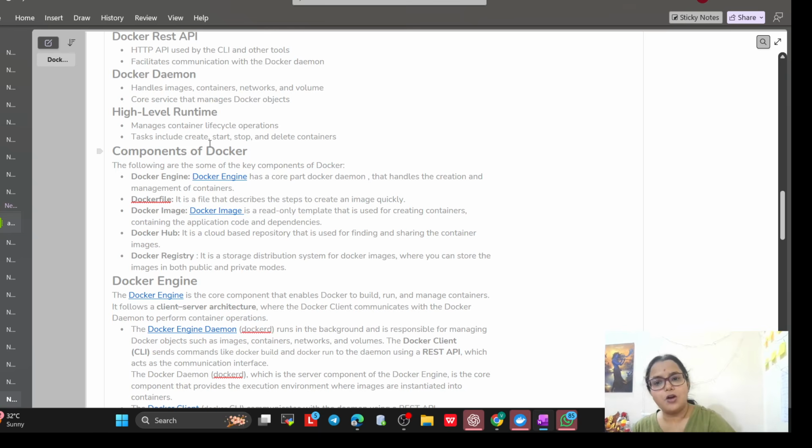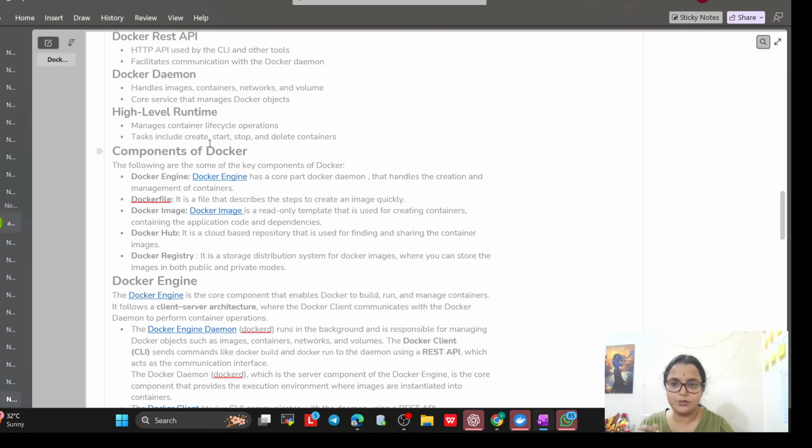So there are some components for Docker as well, so we will try to understand what the Docker components are. First, the Docker engine.